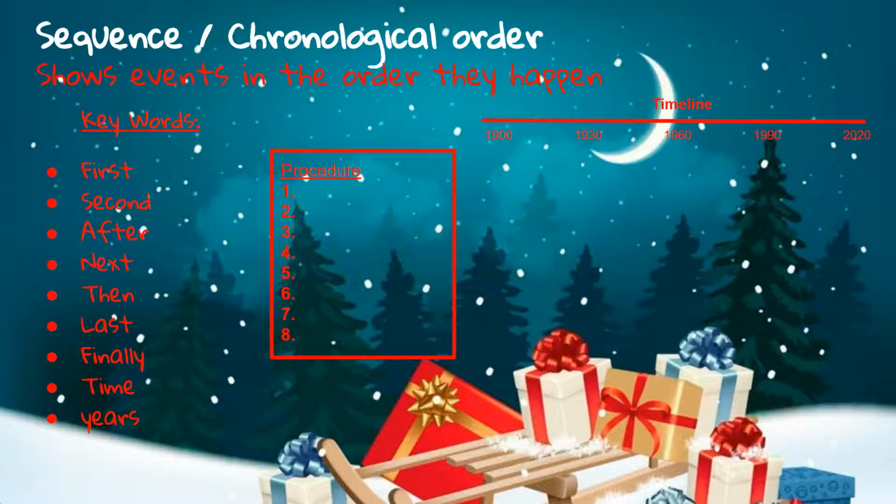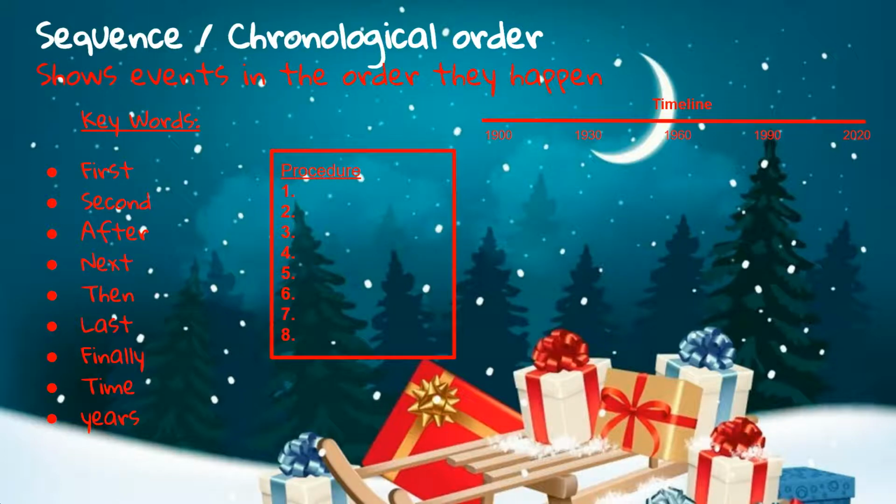Anything that is a procedure that tells you the steps of doing something, like a science lab or a recipe, that you can say first, second, third, fourth. Instructions on how to put together a desk. These are also sequence or chronological order. These words can be used interchangeably, sequence and chronological order. Anything that tells the order that you do things within a day. So if I wrote a text about how I get ready in the morning, what I do first, next, and after,